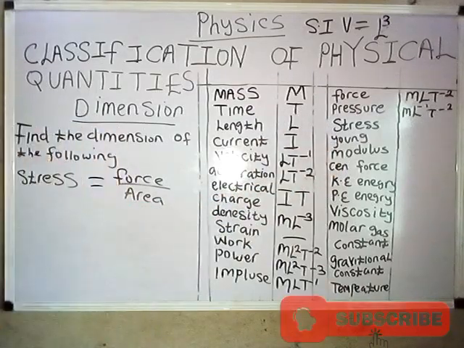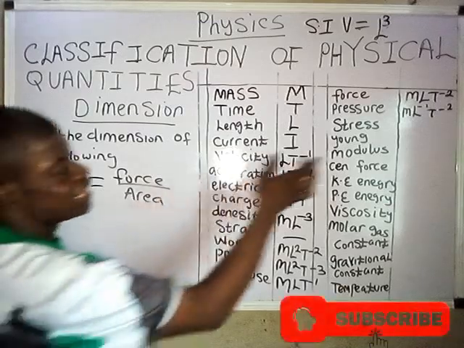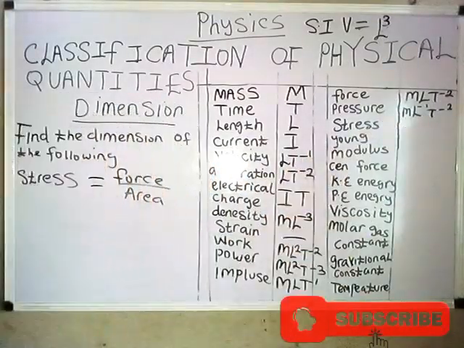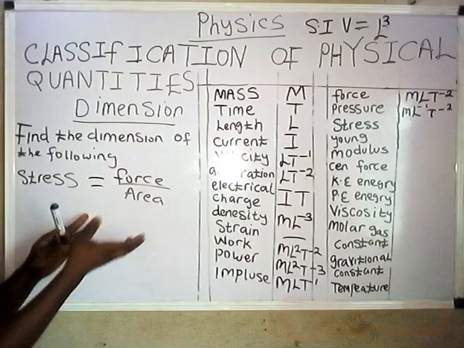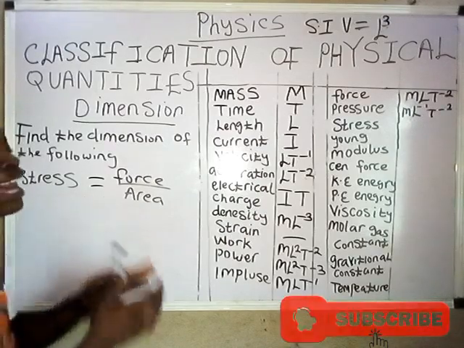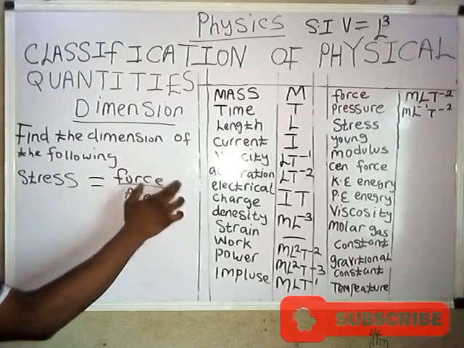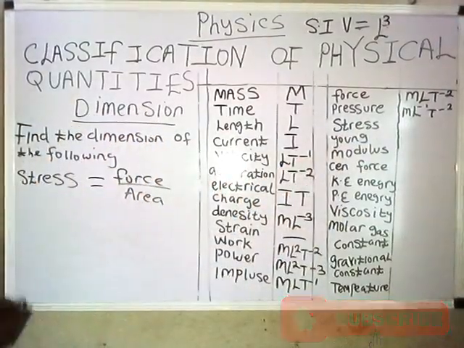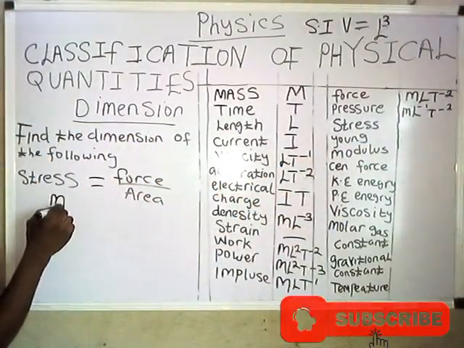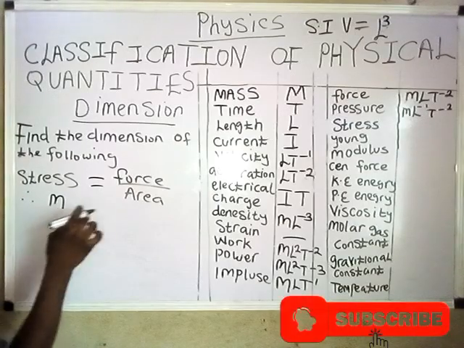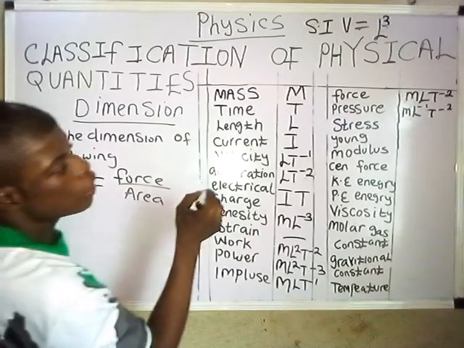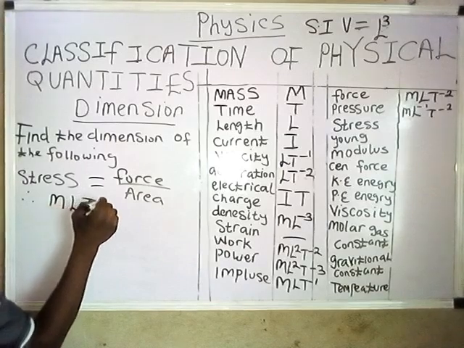So if we solve it, we will still get the same thing here. So let me solve it to be sure, to show that stress and pressure have the same dimension. The dimension of force earlier in this table below is M L T raised to the power minus 2